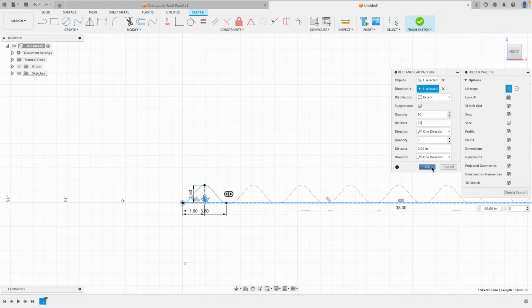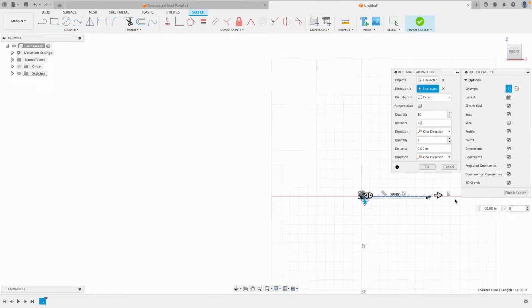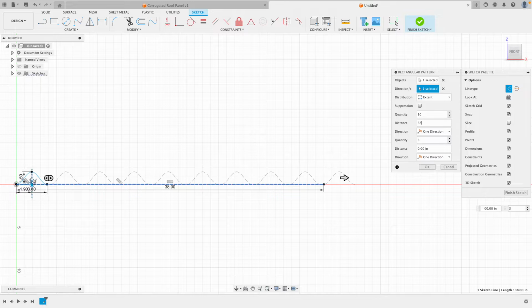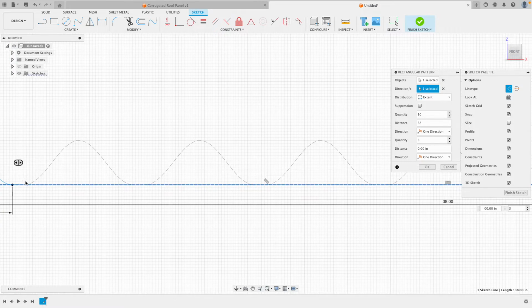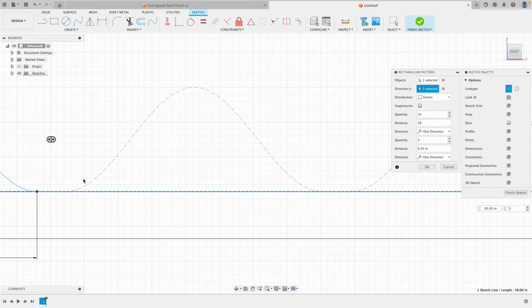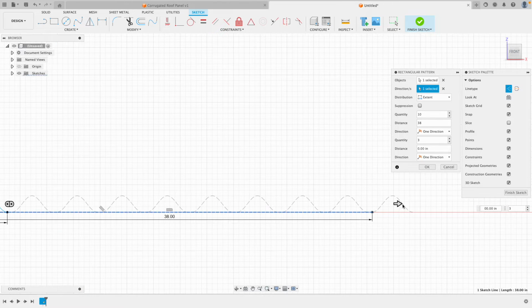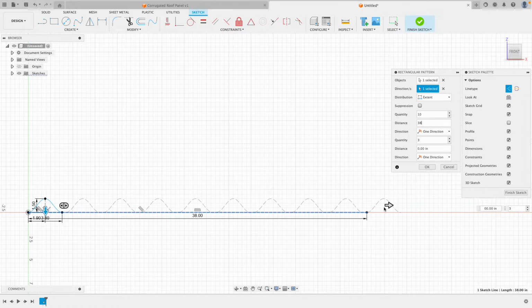And we can see, if we scroll out, that we have 10 corrugations and they're at a distance of 38. However, if you scroll in, they are not connected to one another, and that's okay. A quick fix to this is scrolling out until you get to this arrow right here. This arrow will help us adjust and move it left or right. So we'll click on it and drag it and drag it